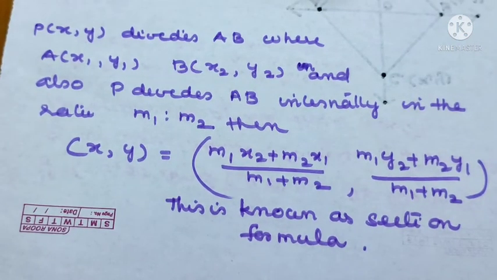So I think it is a little bit difficult to understand, but it is easy only. If you learn the distance formula, the section formula also we can learn. Till now a proof has come in only a single question paper, but if we learn how to derive this formula, how to derive this coordinate, then it is easy to remember for solving the problems.